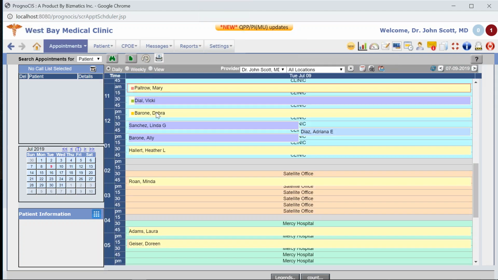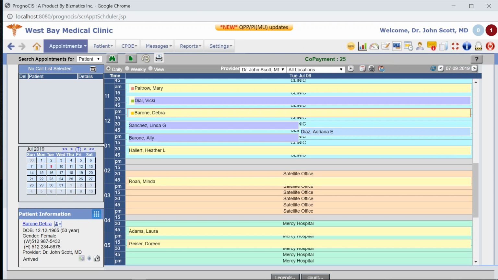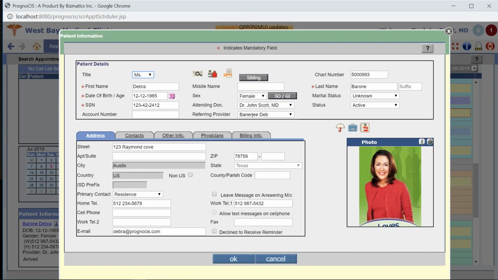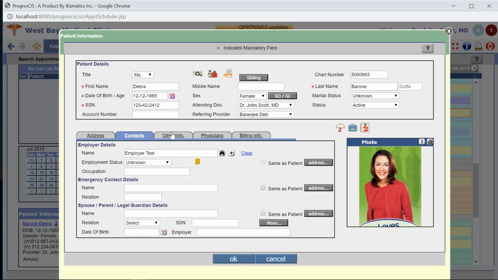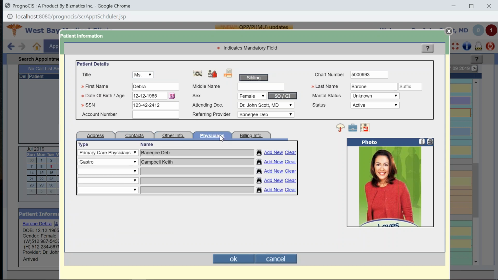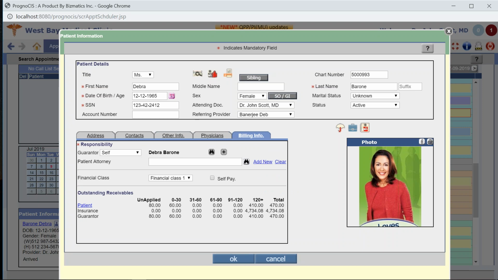Now, when I click on a patient, you will see the information showing up on the patient information here. If I click on the name here, that takes me to the detailed demographic screen where I could see their address, their contact details, other information that includes language, ethnic group, race, and religion, which are important from the meaningful use criteria, the other physicians in the area who work with this patient, along with the billing information, their 30, 60, 90 balances, with the patient's picture that you can capture through a webcam, digital camera,